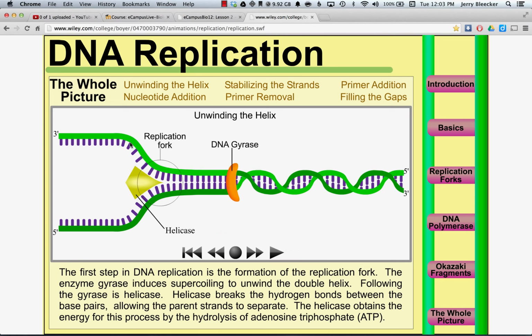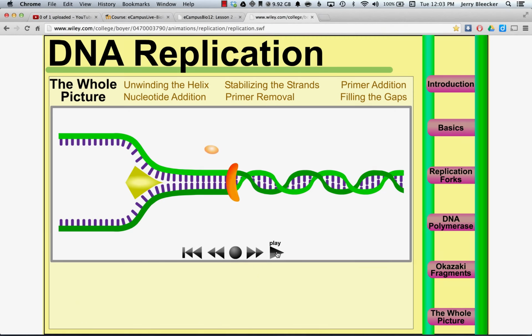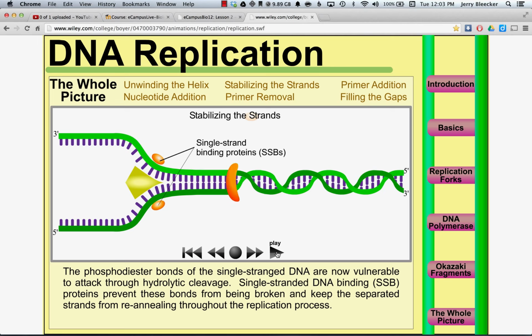And in order to replicate it, we have to replicate two parental strands. So this is the 3 to 5 prime strand, called the leading strand, and this is the 5 to 3 here. Now, as the zipper moves down, by the zipper what we're talking about is helicase, it requires energy. So that's why this annoying ATP molecule keeps showing up here. It's supplying energy to the enzyme to break the, albeit weak, hydrogen bonds. As the lug pulls the DNA molecule apart, and by the lug I'm talking about helicase,